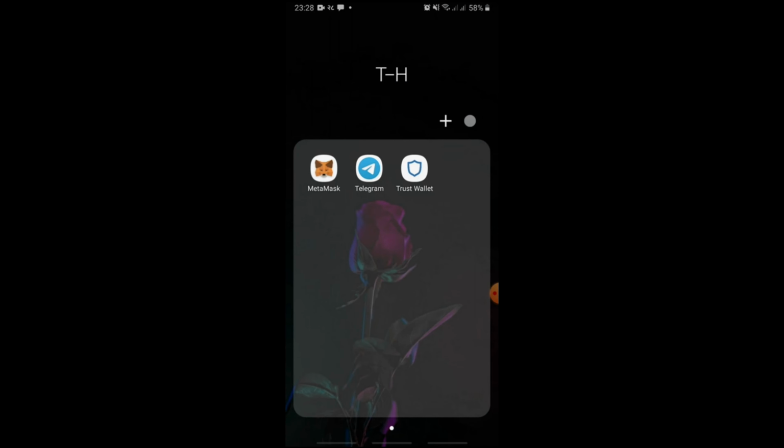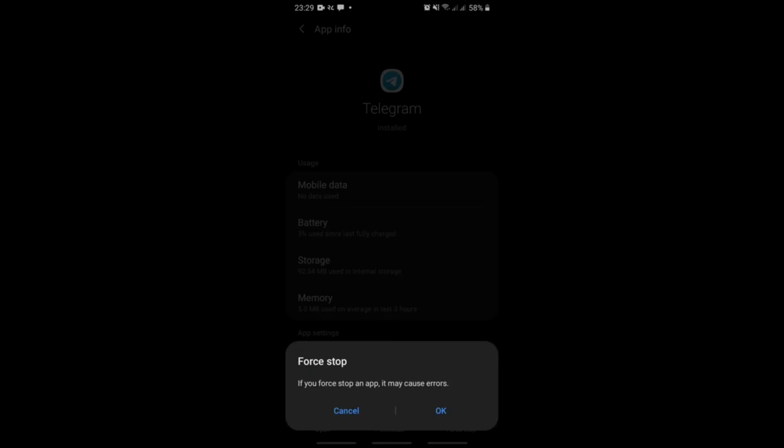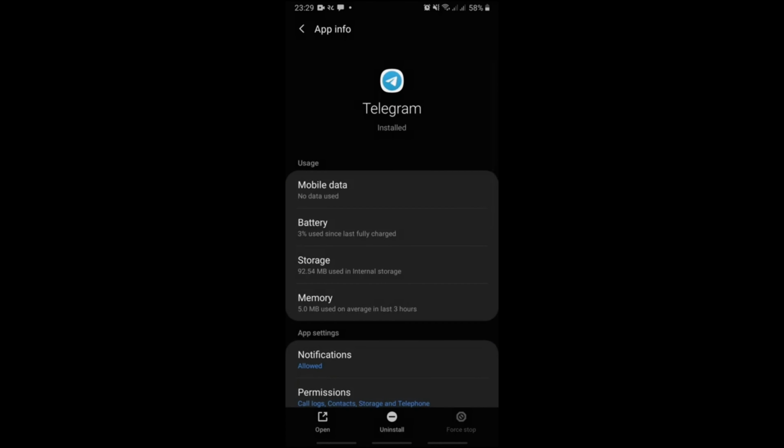How to fix Telegram too many attempts issue. If you are logged out of your Telegram account because of too many login attempts, press and hold the Telegram icon and tap App Info. Here, tap Force Stop at the bottom right and tap OK. Next, tap Storage